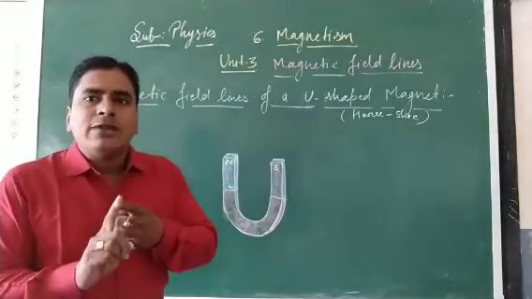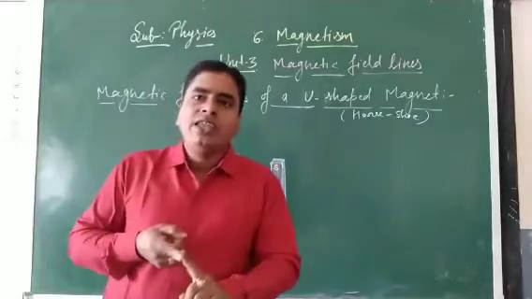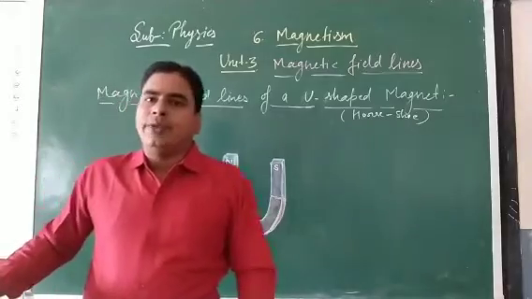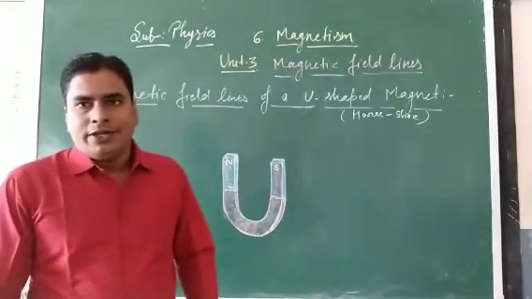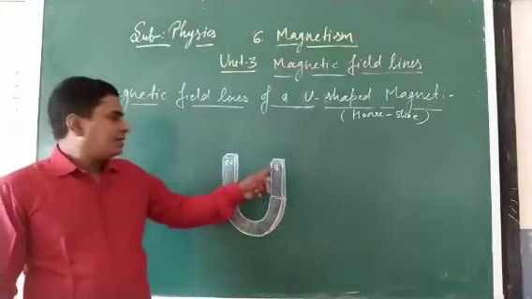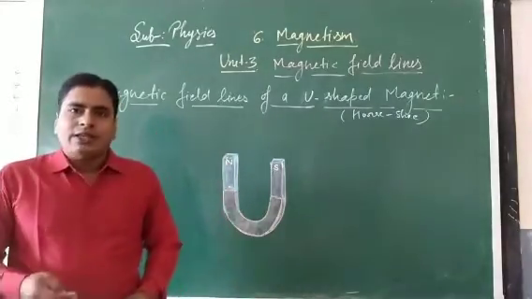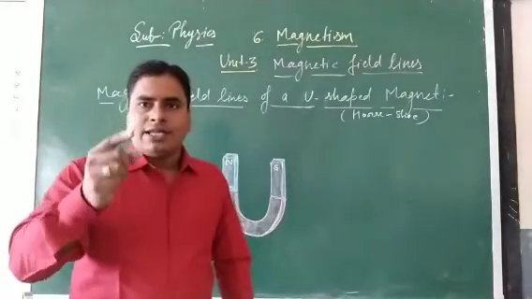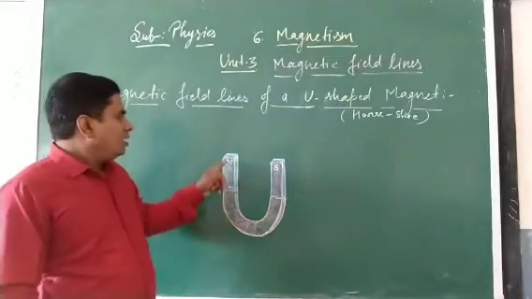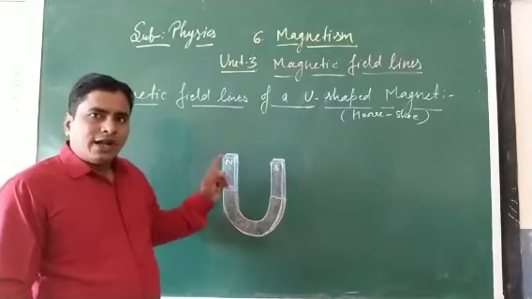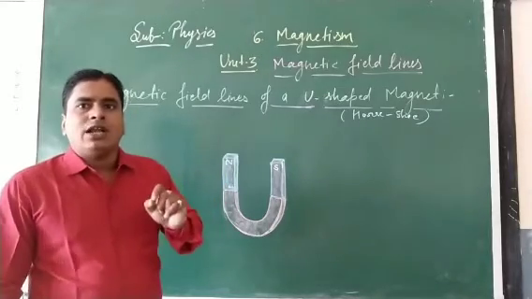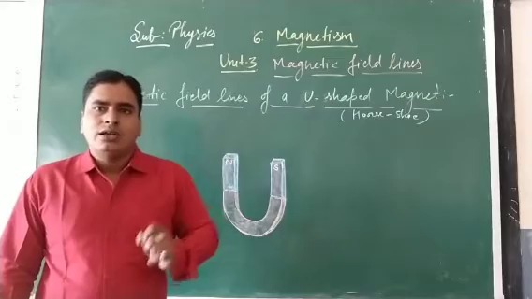We know that the U-shaped magnet is very strong. It will create a stronger field as compared to a bar magnet. Here this is the north pole and this is the south pole. For this we will take a compass. We have already seen the compass in the last few classes, in the practical activity. So we will place the compass here. We will start drawing magnetic field lines from the north pole, because magnetic field lines always start from the north pole and end at the south pole.